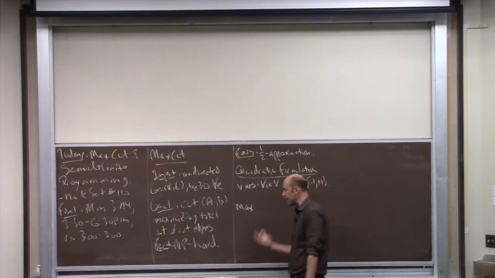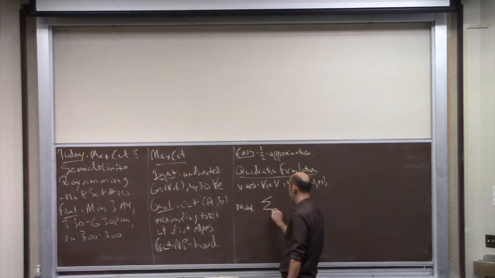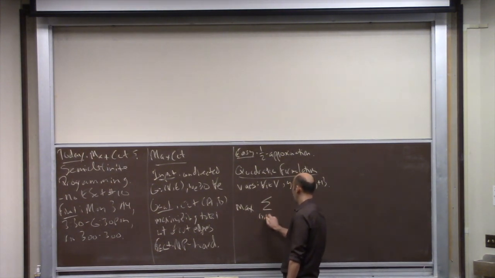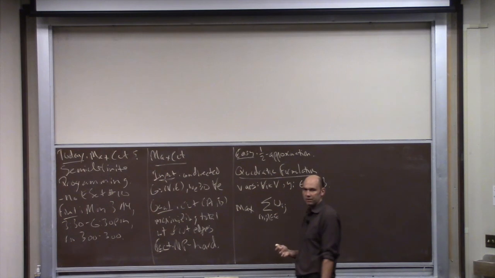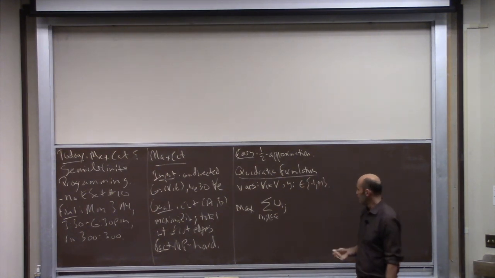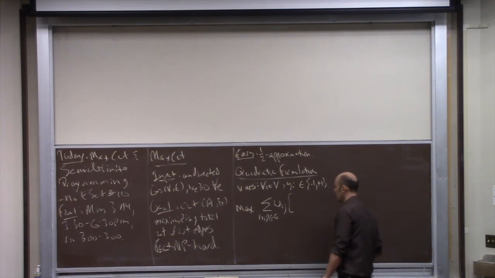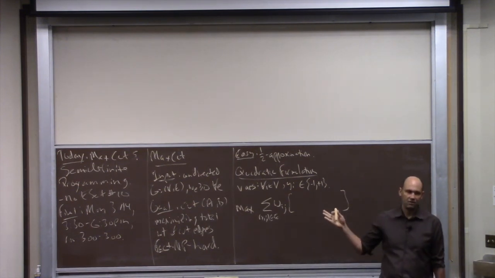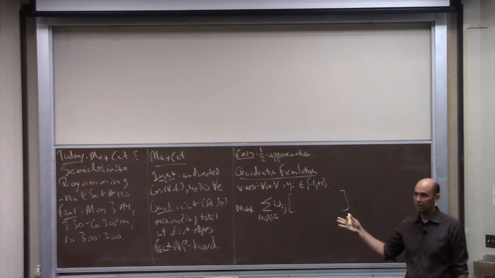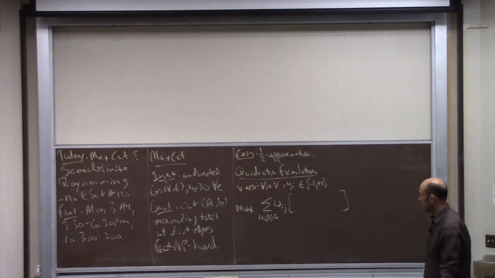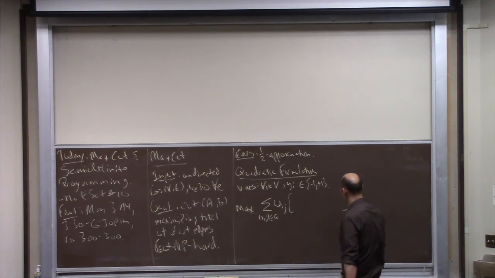Well, so we want to maximize the sum of the cut edges. So presumably we have a sum over all edges. If we happen to cut the edge ij, then we get a prize of its weight, wij. And then we want this multiplied by something which is 1 if the edge is cut, and which is 0 if the edge is not cut. Okay? And so the point here, and the reason this is a quadratic formulation, is if you think about the